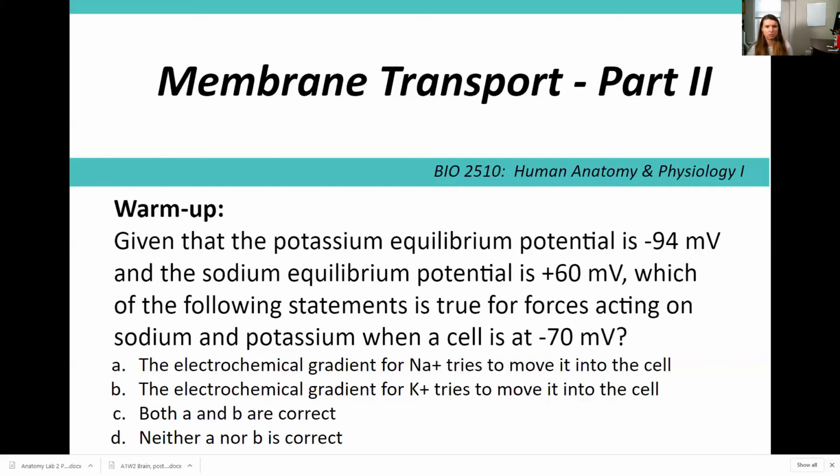So our electrochemical gradients in this situation for sodium and potassium are in opposite directions. The electrochemical gradient for sodium is to move it into the cell. The electrochemical gradient for potassium is to move it out of the cell. And we can see this by looking at their two equilibrium potentials. Okay,